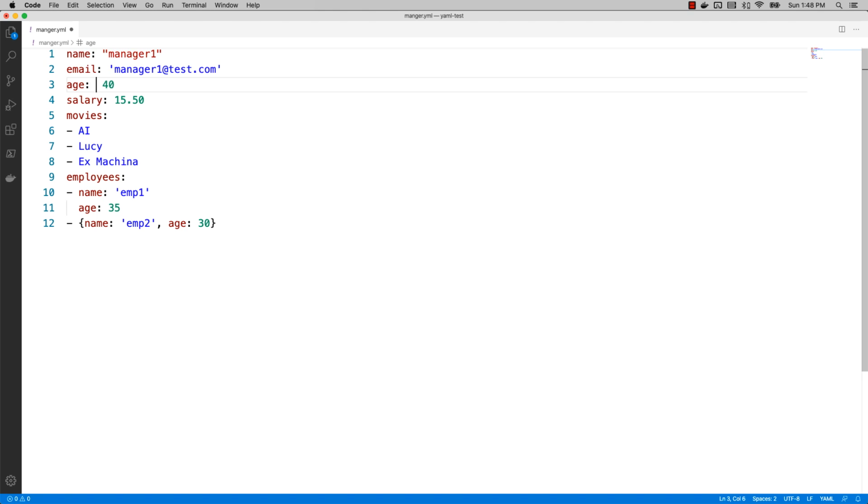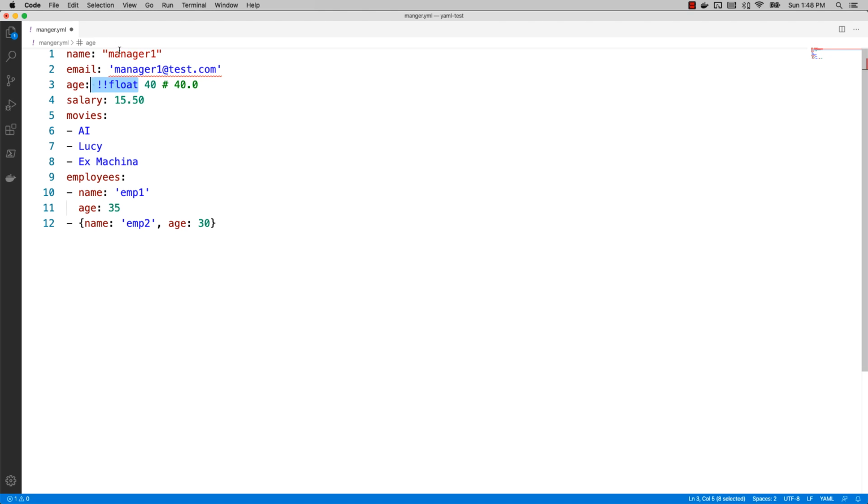But if I want this to be used as a float instead, or I want that 40 to be considered as 40.0, I can force it by saying float 40. What do I mean by float 40? It simply means it is going to render it as 40.0 because this is now considered a float. This is the way you may force a type on top of the value.